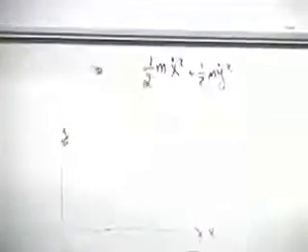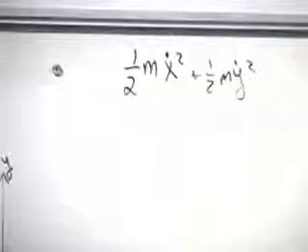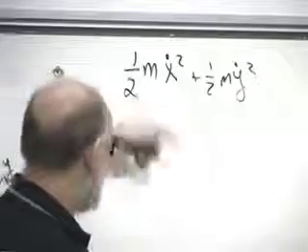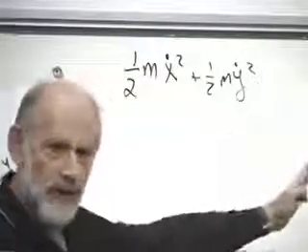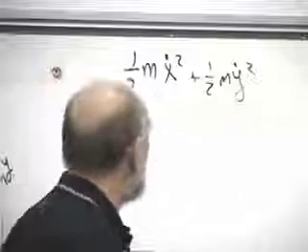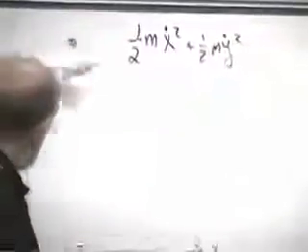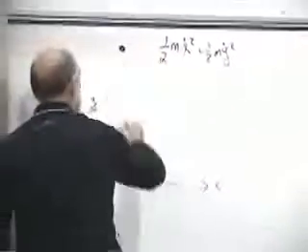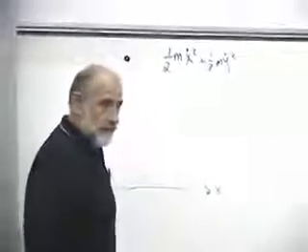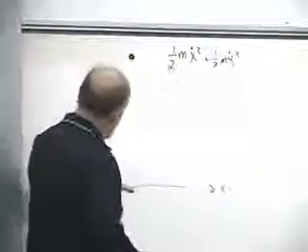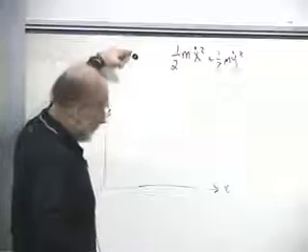I have assumed that the mass does not depend on which direction the particle is moving. We could imagine some sort of nutty particle which had a larger mass with respect to vertical motion than horizontal motion, but I'm not doing that now. And then what about the potential energy? This is the gravitational potential energy that I'm talking about. In case I haven't said it before, the gravitational potential energy of an object near the surface of the Earth, not far from the surface, is just proportional to the height, to the elevation.